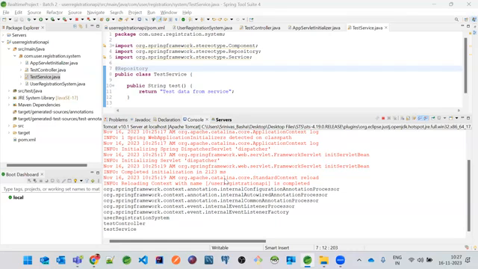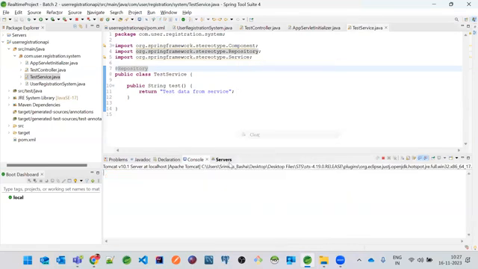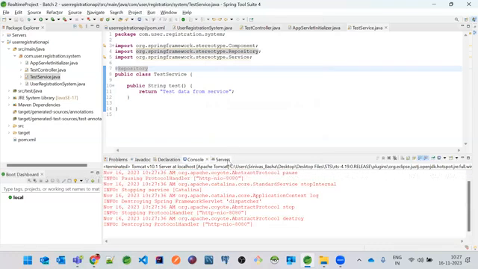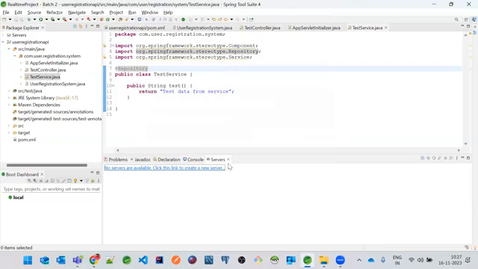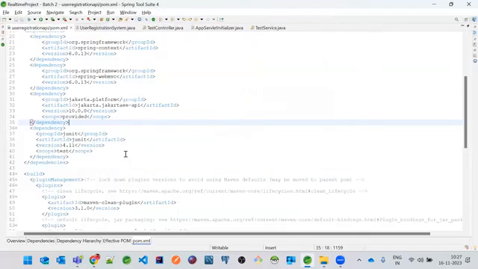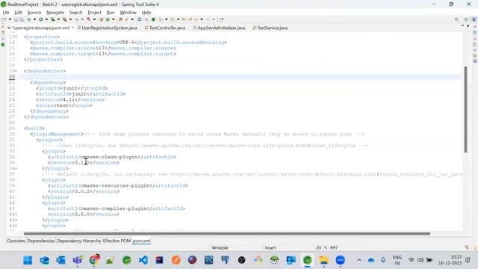Now, let's see the advantages of using Spring Boot. Okay, let's migrate this application to Spring Boot. So let's convert this application to Spring Boot. If we are using Spring Boot, do we need a server first of all? Stop it. Delete it. I don't have a server now. So the next thing, do we need all these dependencies? Not required.